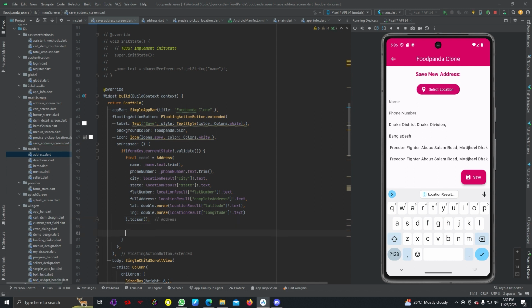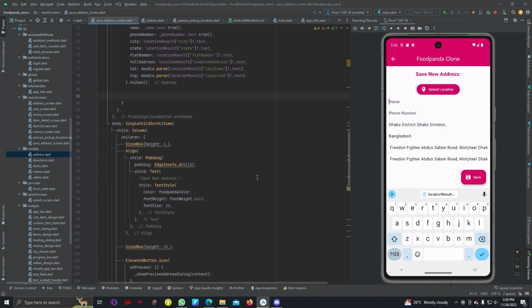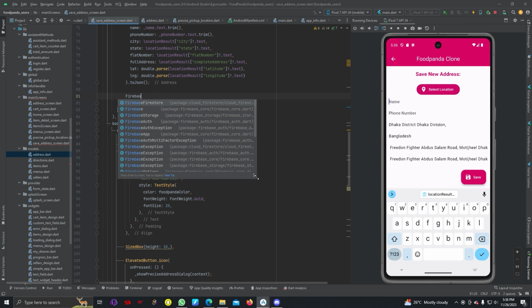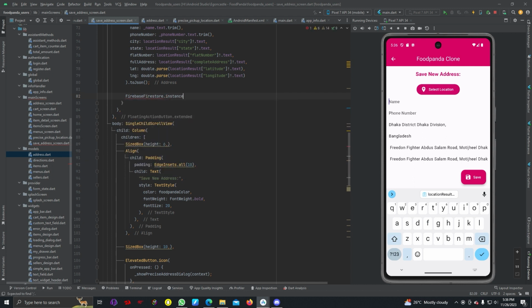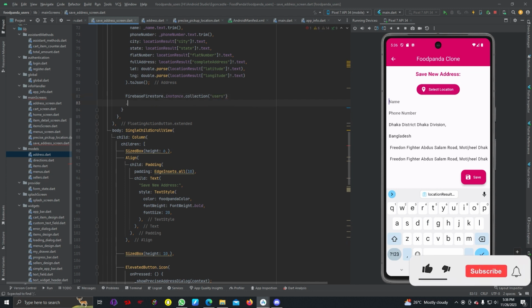Now after this we can write FirebaseFirestore.instance.collection users dot doc, SharedPreferences dot getString uid